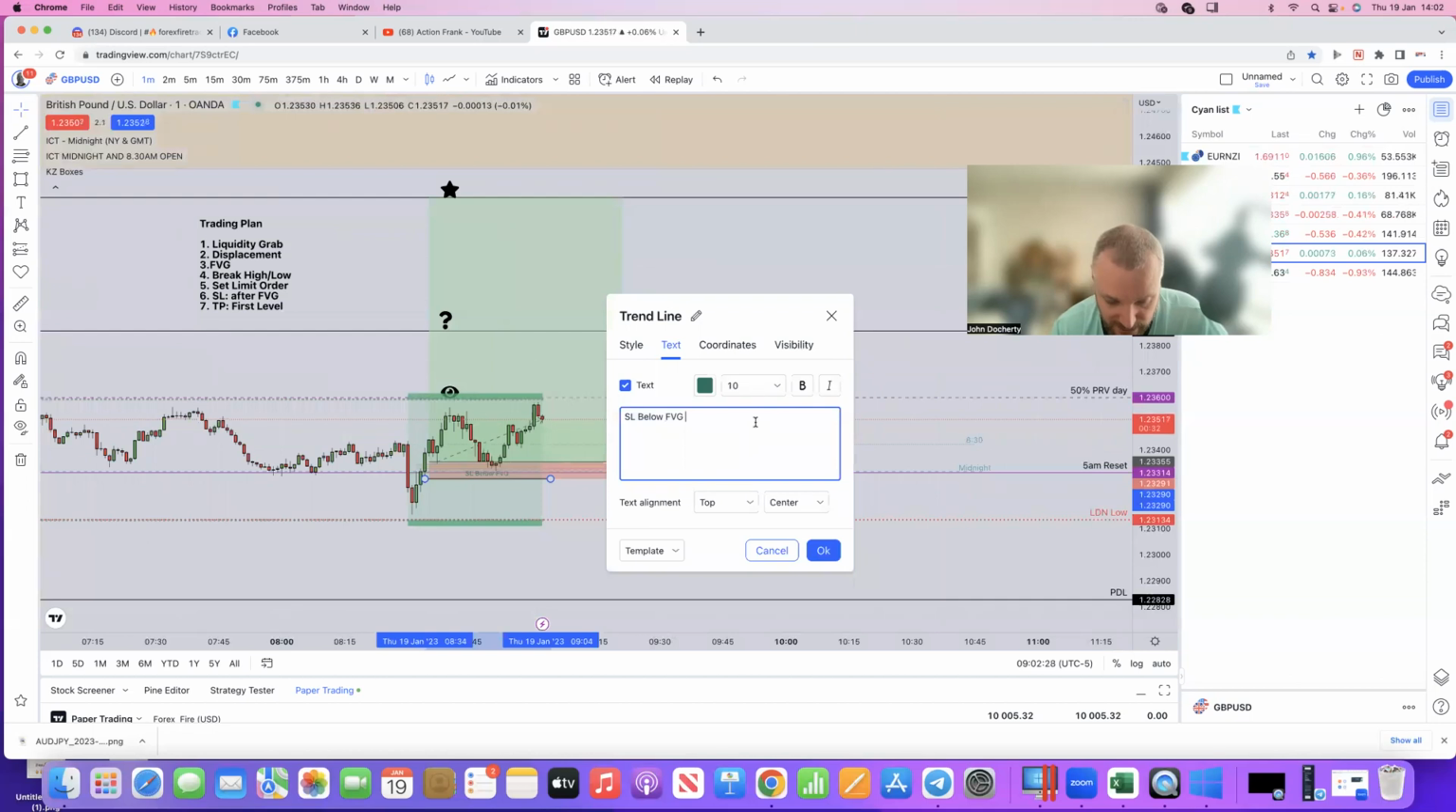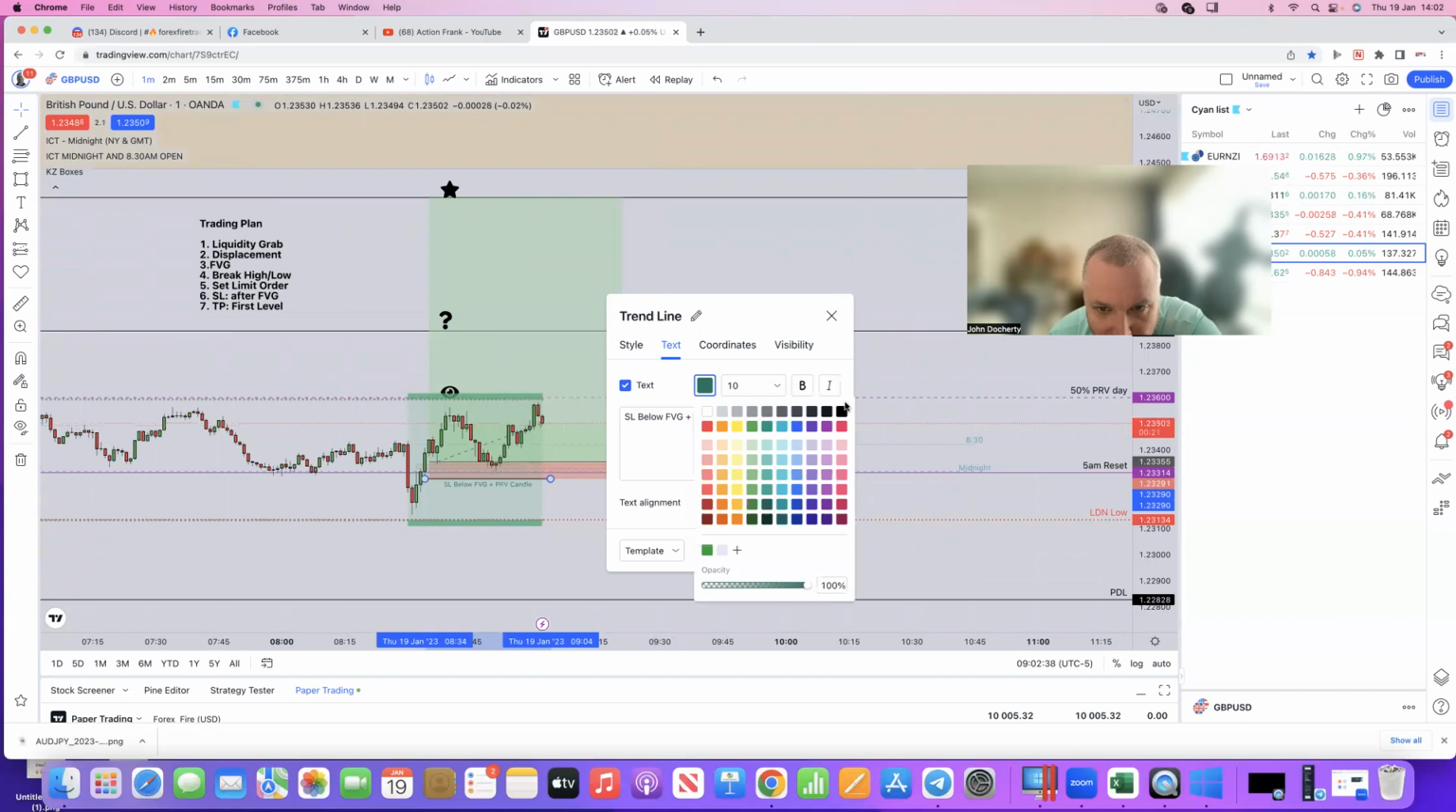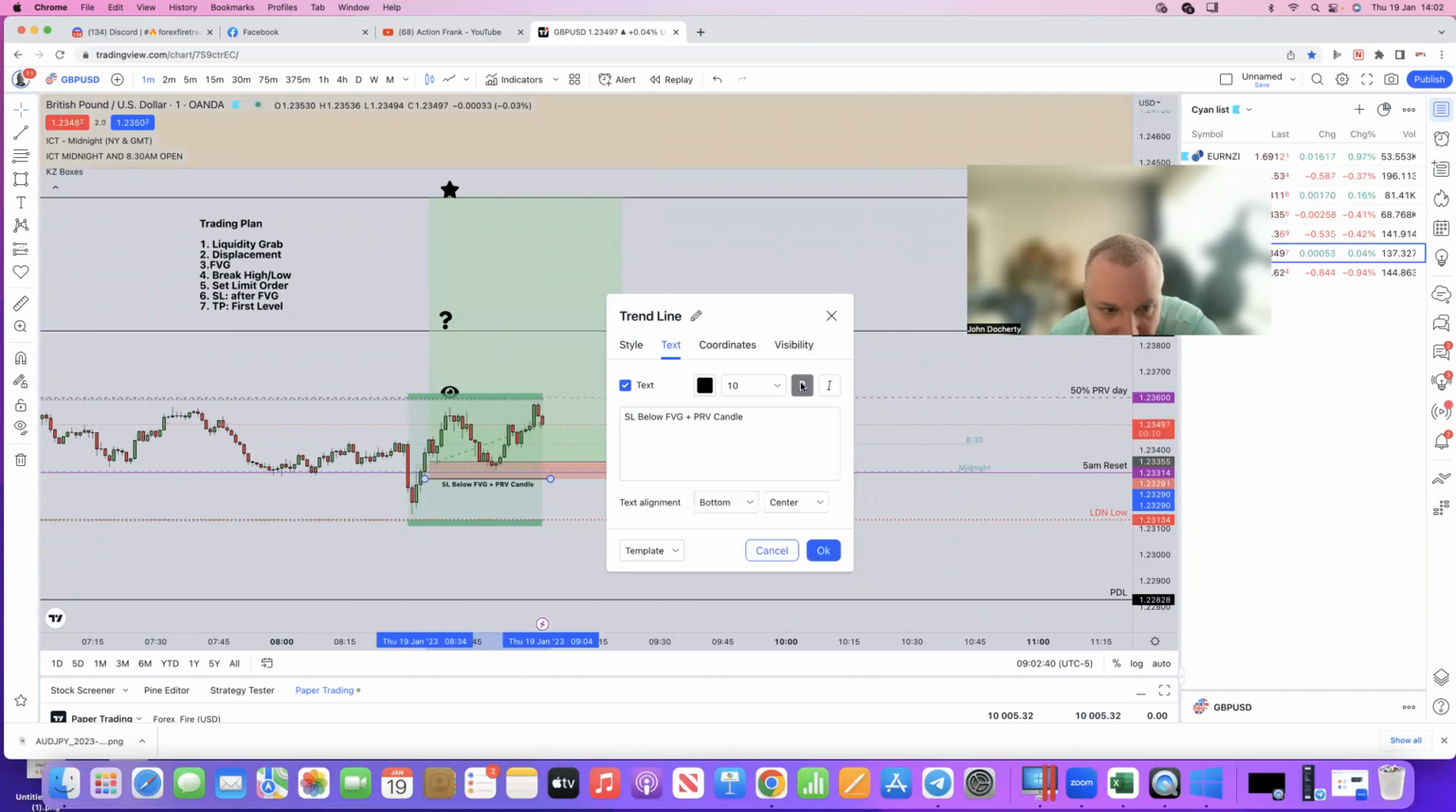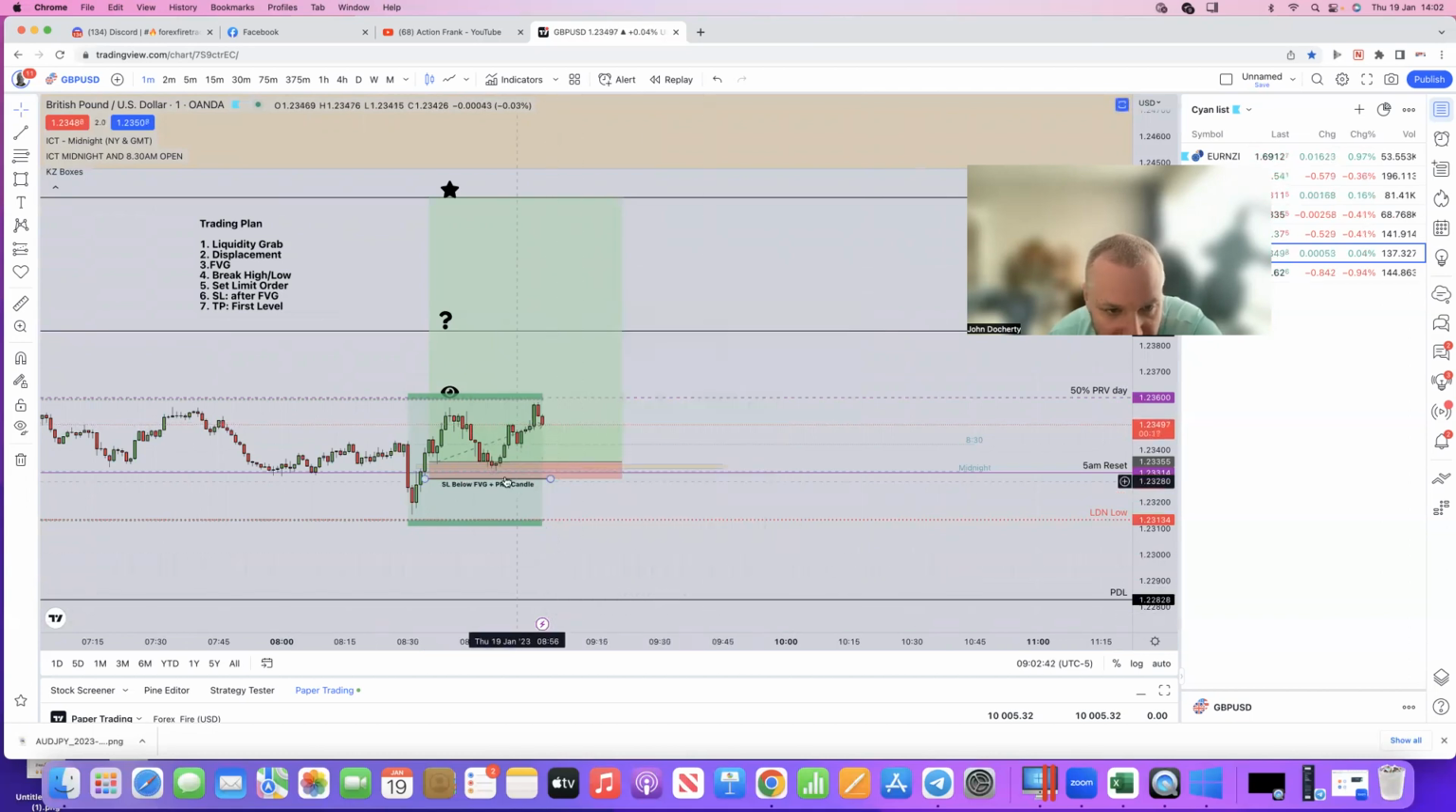Let's get rid of that. Plus PRV candle, okay? Now, what I want to do, I want to put that on the bottom. I'm going to put that in black, and I'm going to make it bold, okay? This in itself, the stop, I'm going to put onto here. But this here,